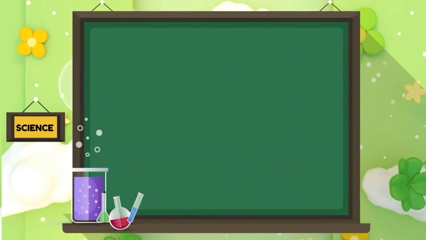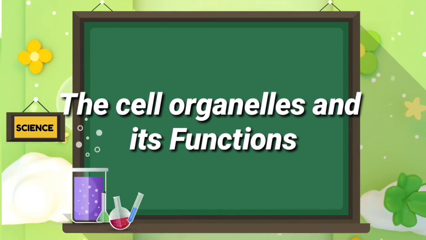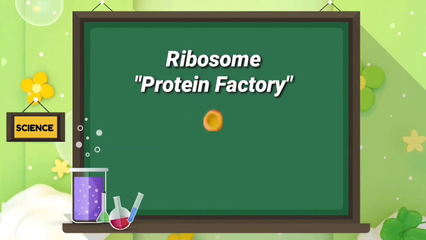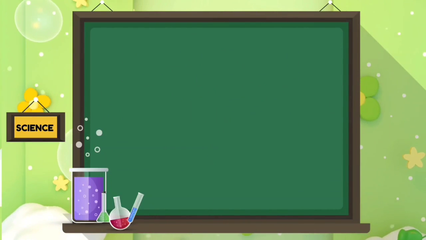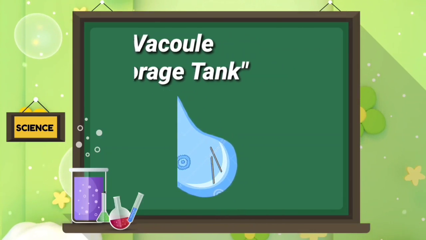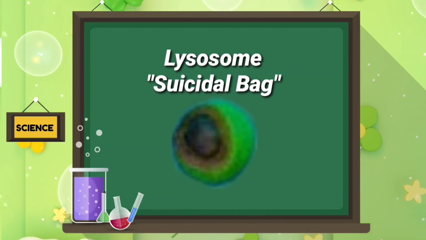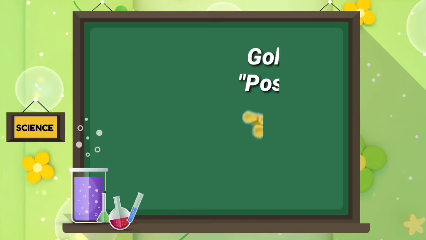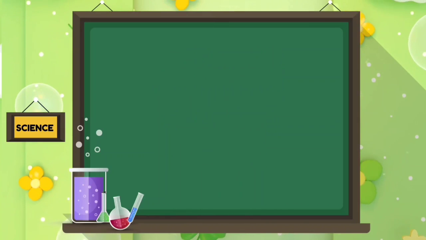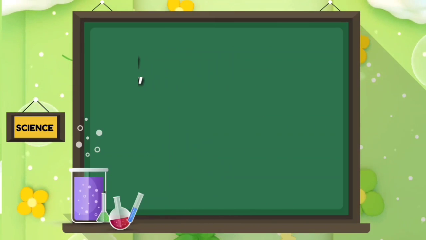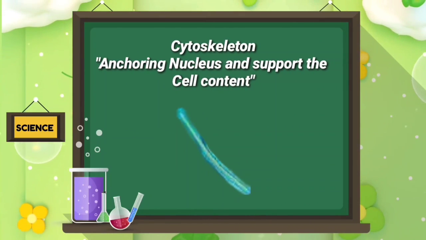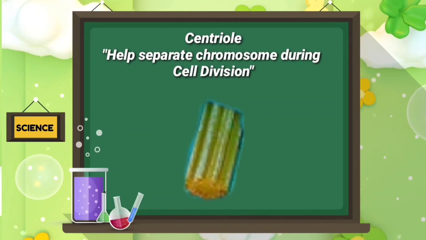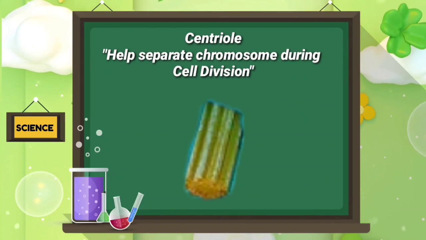To sum up the lesson for today, the cell organelles and its main functions are: nucleus, brain of the cell; ribosome, protein factory of the cell; vacuole, storage tank of the cell; lysosome, suicidal bag of the cell; cell membrane, gatekeeper of the cell; Golgi body, post office of the cell; mitochondria, powerhouse of the cell; cytoskeleton, anchoring the nucleus and supporting the cell content; centriole, helps separate chromosomes during cell division;